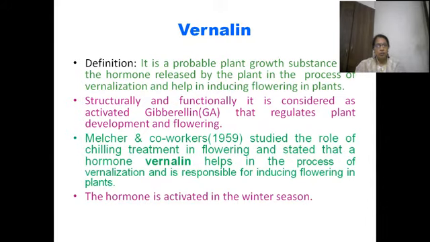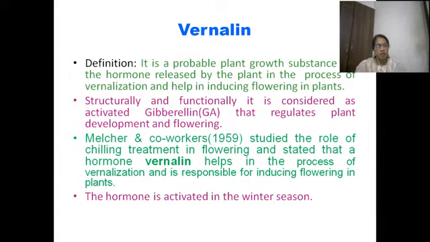It is a probable plant growth substance or hormone released by the plant in the process of vernalization and helps in inducing flowering in plants. It is believed that vernalization we are doing at the stage of maybe vegetative structures or at the stage of seed or at the stage of seedling, but when it completes its own life's vegetative phase, then only it enters